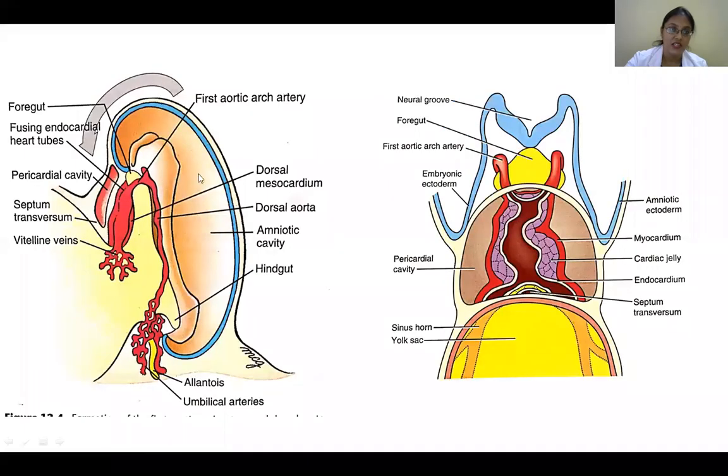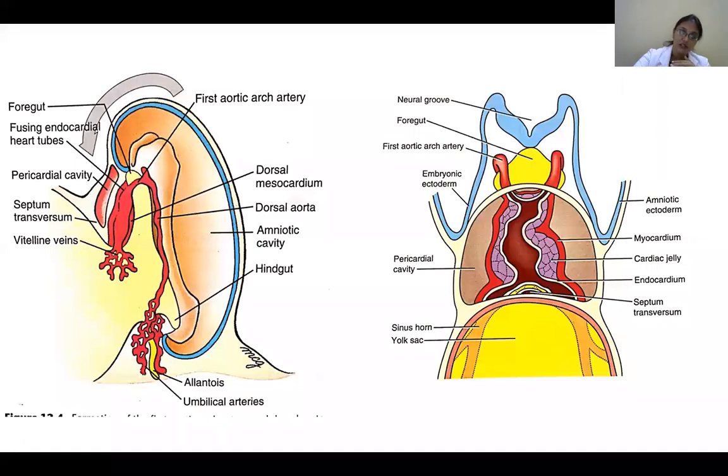Okay, so this is the embryo. I keep on saying the embryo will be folding, so you've got a dorsal surface and a ventral part. When this embryo has folded, this is actually the cardiogenic area. In a flat embryonic disc, much before the oropharyngeal membrane, you have the cardiogenic area. That cardiogenic area is destined to become your heart.